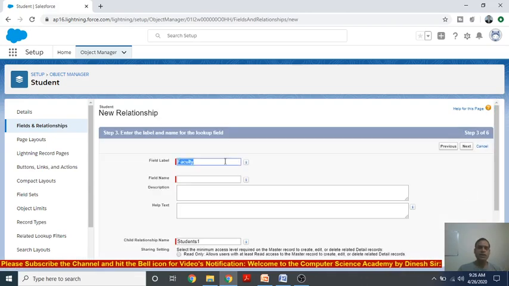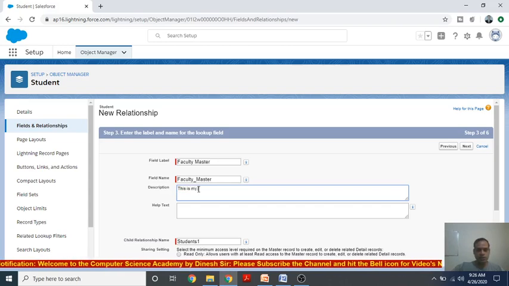Now this is the label, meaning the relationship name. So faculty master, you can give the name of the master detail relationship.